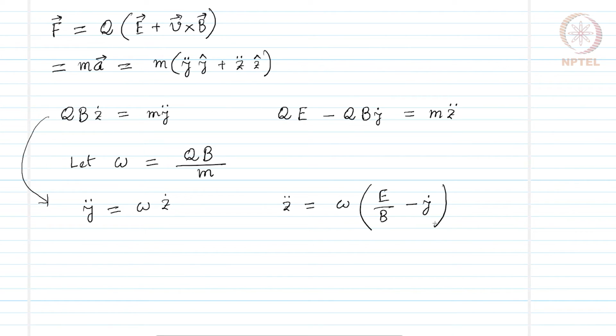Okay, after getting this, we can differentiate the first equation and put the value of z double dot from the second equation. So, we get the third order time derivative with respect to y, and second order time derivative for z comes here. And if we put the value of z double dot from the second equation, we get one equation without cross terms. That means only in terms of y, and so in terms of y triple dot and y dot we will get one equation, and if we solve that equation, the general solution for that equation would be